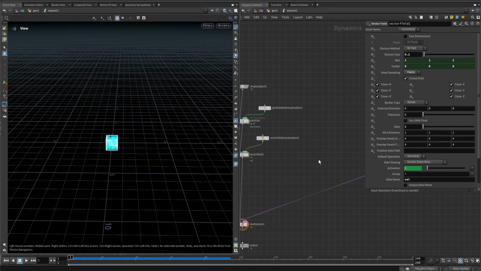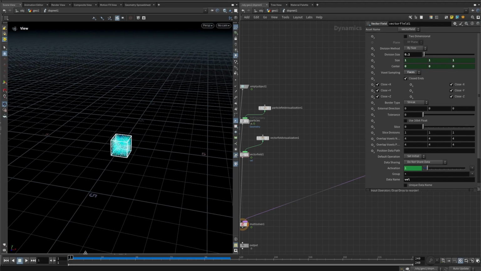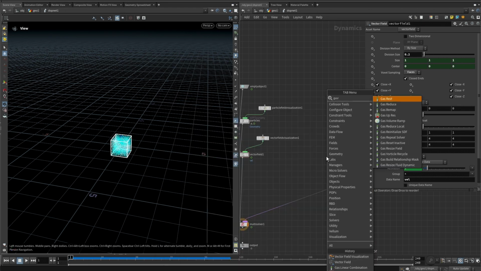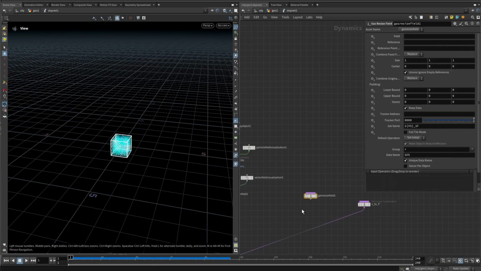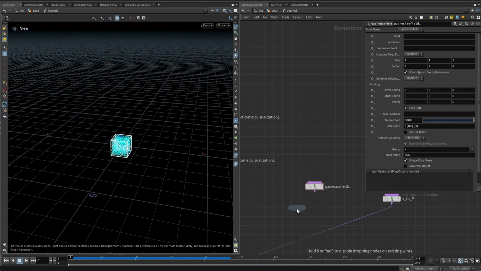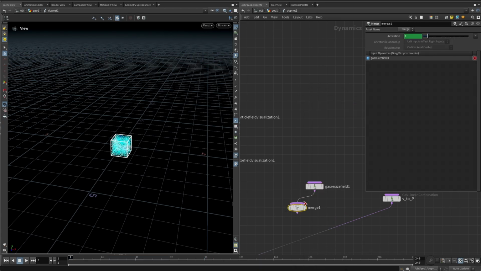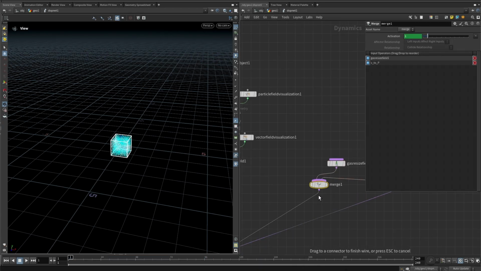We can start by resizing this field to match the size of where the particles are, which is important because we want to calculate the velocities and the projection of the velocities around these particles. So let's add a gas resize field, this one in here. And I'll actually put a merge so we can connect this and this, and then we can connect them to